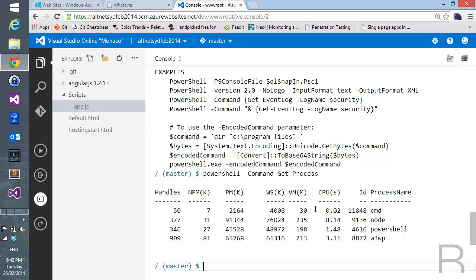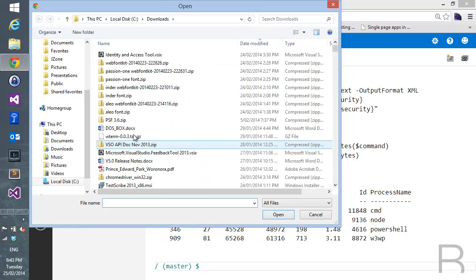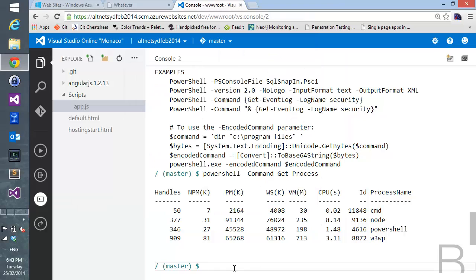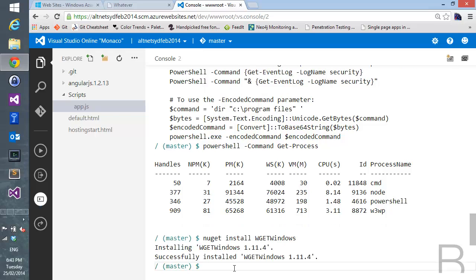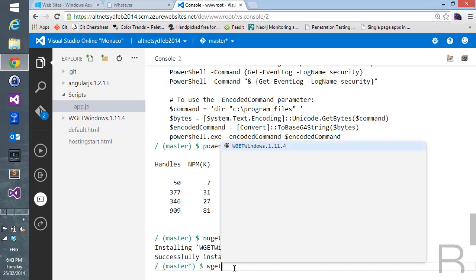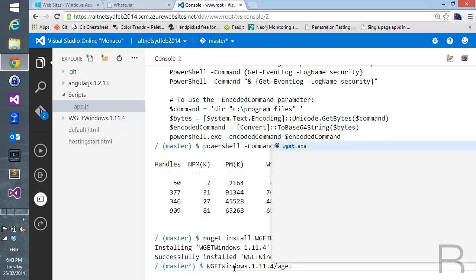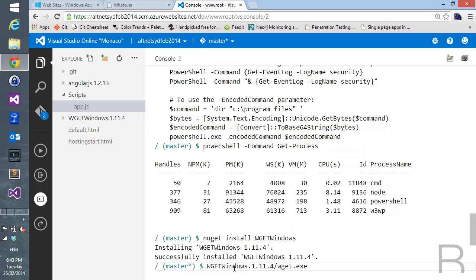Okay, what if I want to upload a file to my site? Let's say I want to throw an image up there or something like that. Now, I can just do upload files, and I could pick something from here and, you know, whatever it happens to be. That's kind of boring, though. What about doing this? NuGet install wget Windows. This is a little NuGet package that has wget in it by default, which is kind of fun because then I can go wget Windows/wget.exe and put in something like